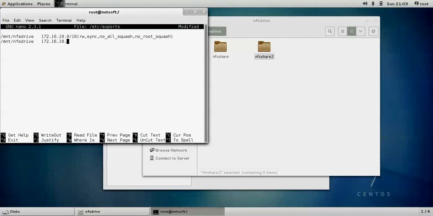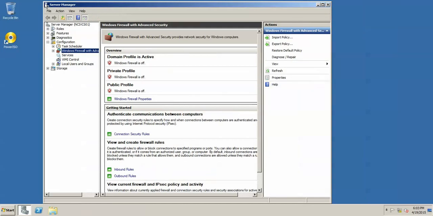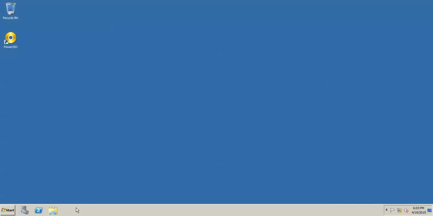So 10.0, and you know what? Just for testing, I'm going to restrict this to the vCenter machine only. Our vCenter IP address is